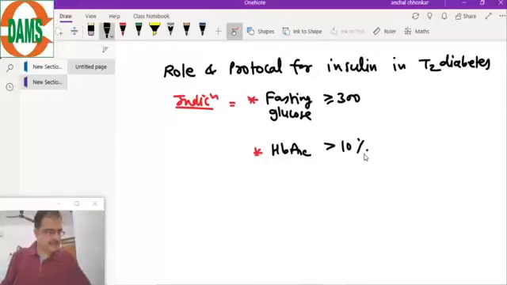How often will we do the HbA1c? We will be coming to that point. We do it 3 monthly. What is the frequency of metformin? Frequency of metformin can be twice a day. Usually we start with a low dose like 500 milligram twice a day, then increase to 1 gram twice a day, and it is sustained release, usually to decrease the GI side effects.